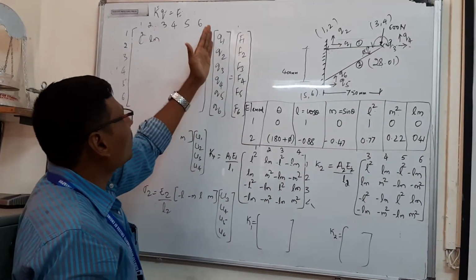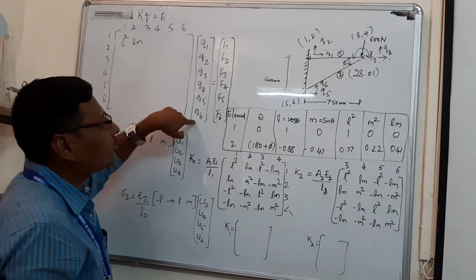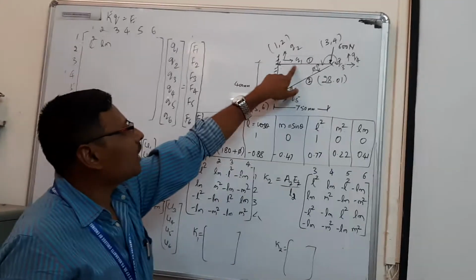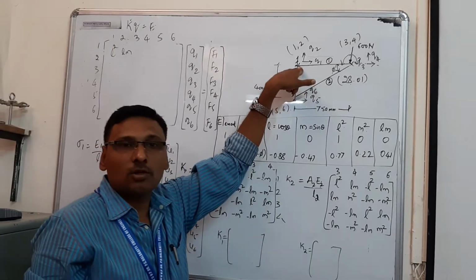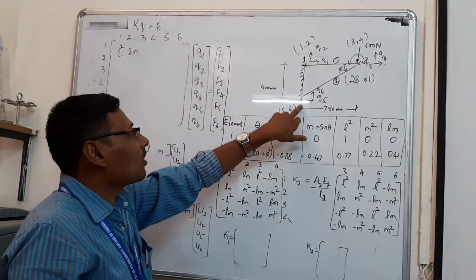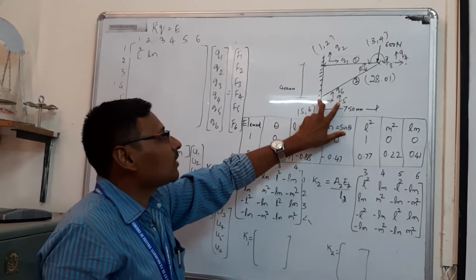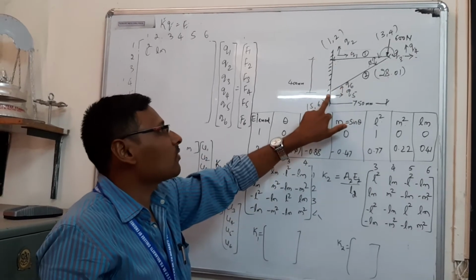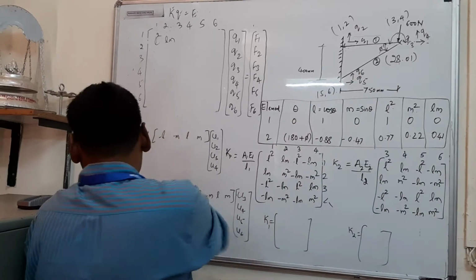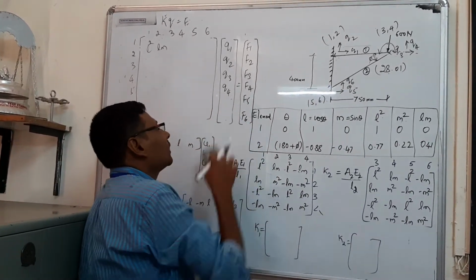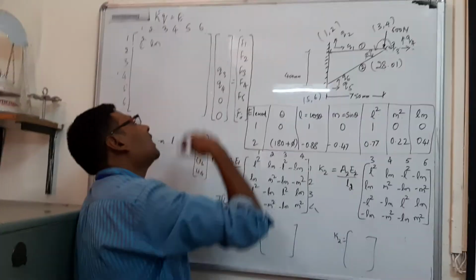Now the question comes to the deformation matrix, that is Q1, Q2, Q3, Q4, Q5 and Q6. If you observe here, Q1 and Q2 are the deformations which are going to occur at node 1, which is already fixed, thus there will be no deformation. Similarly, the third node is concerned with the deformations Q5 and Q6, which is already fixed. That's why Q1, Q2 and Q5, Q6 will become 0.